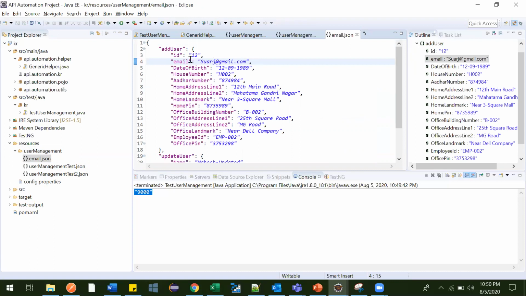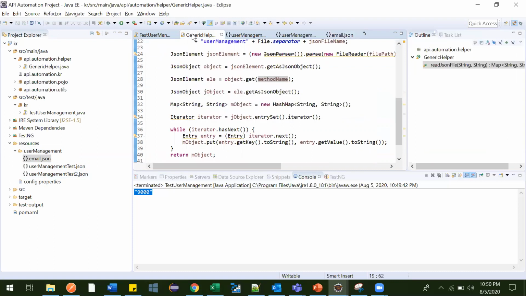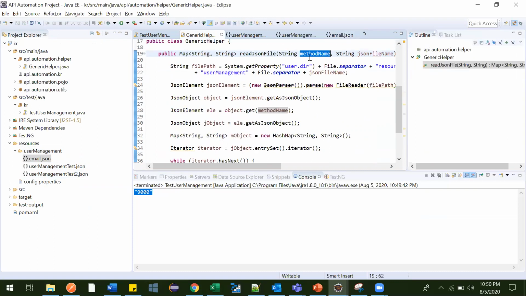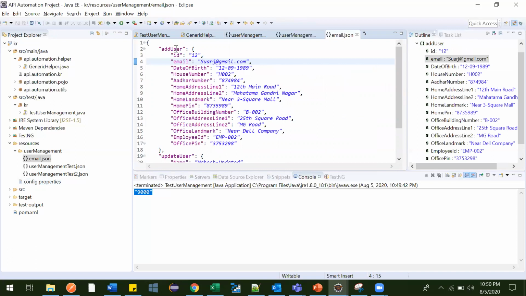Okay, so now to read this email value, what do you need to provide here in the generic method? You need to tell which method you want to read. So this data is under which method? Under the add user method. Under the add user method you have email.